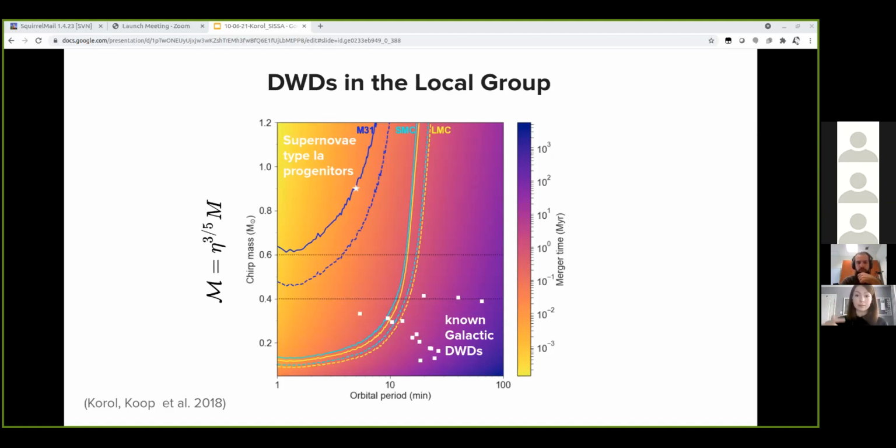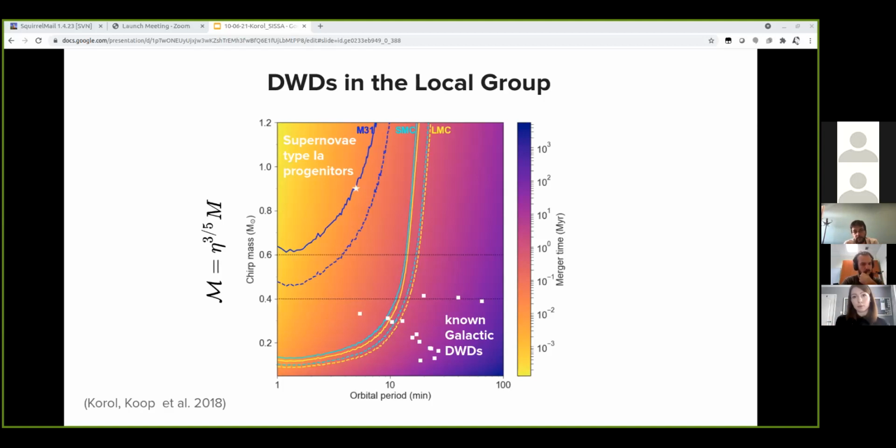And here the merger time is shown in color. So indicatively, purple colors here show merger times larger than 1 megayear, while orange and yellow is less than 1 megayear. Then white squares represent known LISA binaries, just to show you where they are actually sitting in this parameter space. And when you move from that corner into the top left, you find the so-called supernova type 1a progenitors. So very short period and